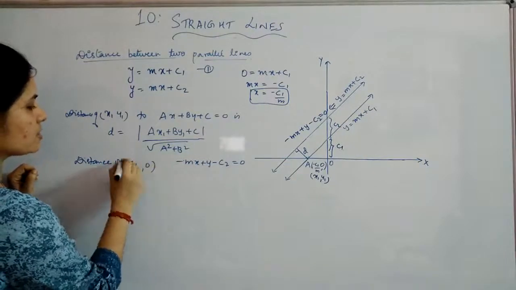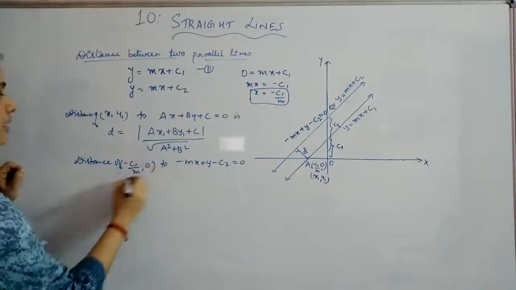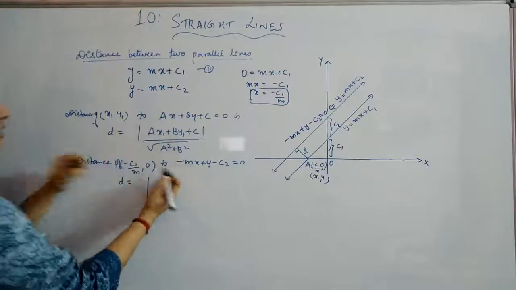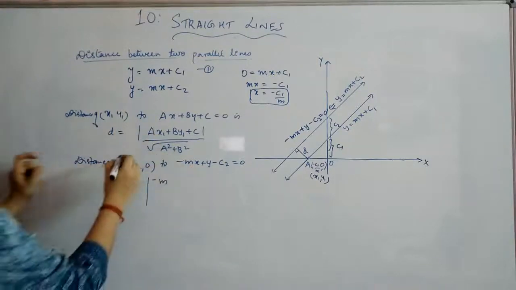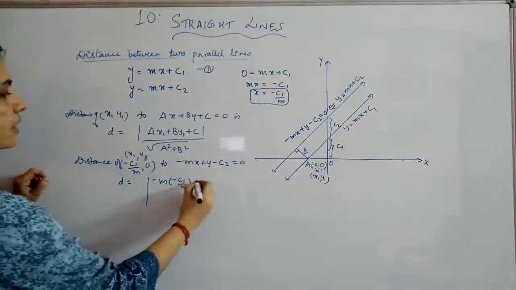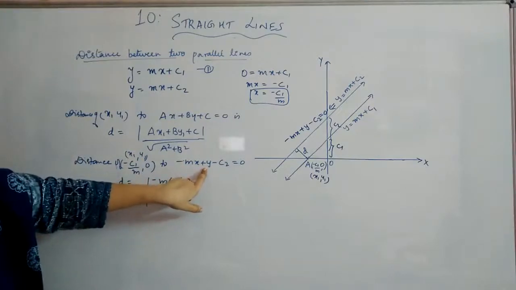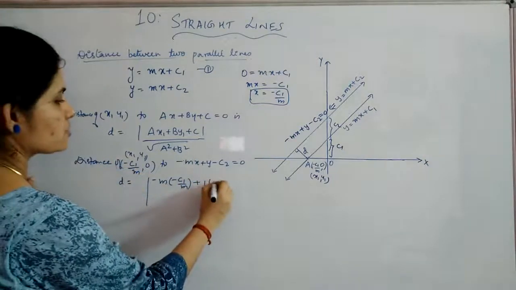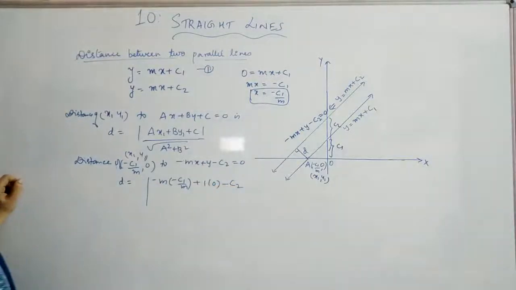and the point is minus c1 by m comma 0. Okay, the distance of this point to the line will be d is equal to modulus of, instead of a here you will get minus m into, instead of x we have to replace it with the point. This is your x1, y1, so you will get it to be minus c1 by m, then plus b into, what is b here? b is 1, so 1 into, what is the y1? The term is 0, so you'll get 1 into 0 plus c. So here the c is minus c2, right?